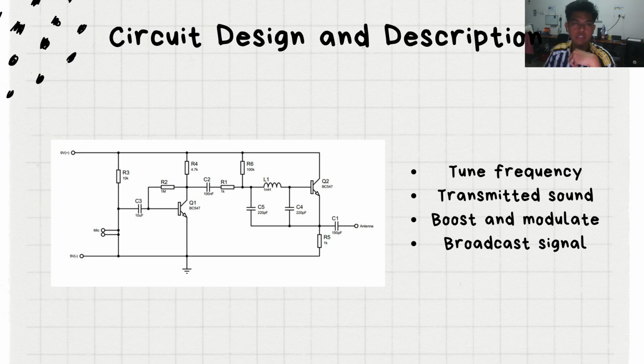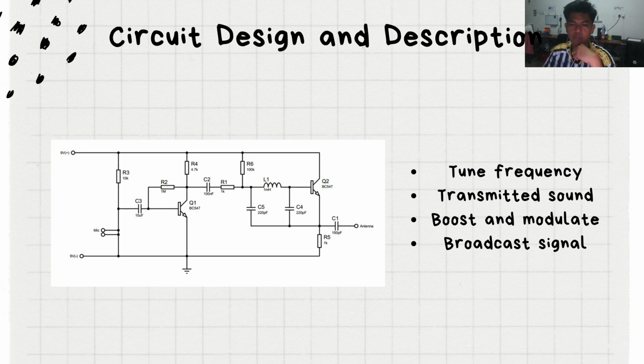Our concept is that when the audio jack receives the sound, the audio jack will convert the sound into an electrical signal, and the signal will be transmitted to the receiver by using the antenna at the transmitter. So the circuit